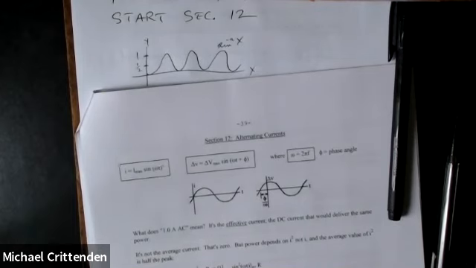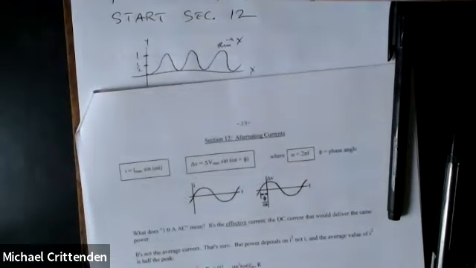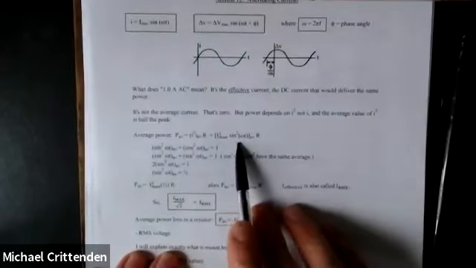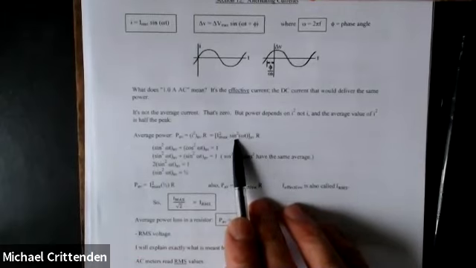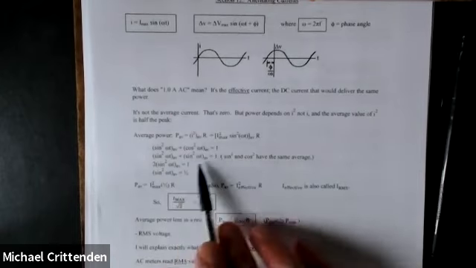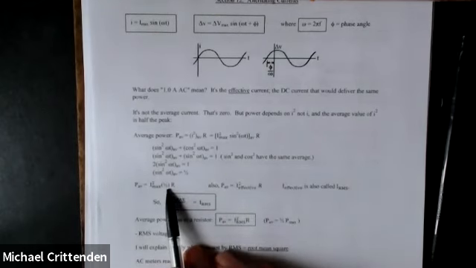So the point is that the average value of the sine squared is 1/2, kind of like I put on my little sketch there. So filling in a 1/2 for the average value of sine squared, right there where the sine squared used to be, I've got I max squared times the average value of the sine squared times R. Well,